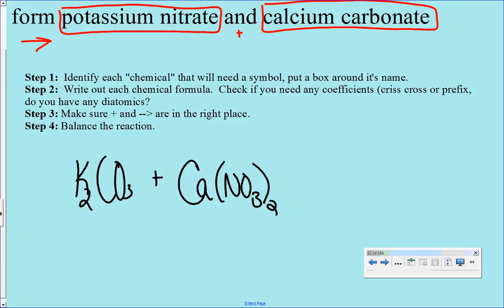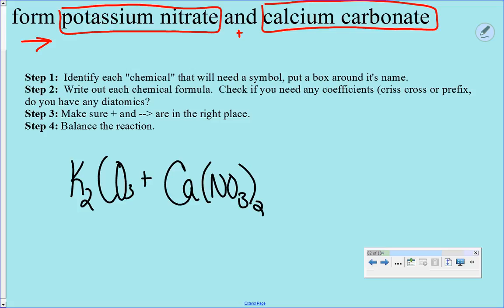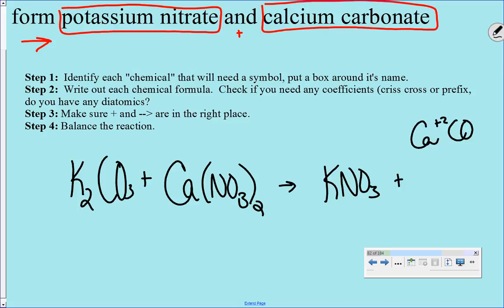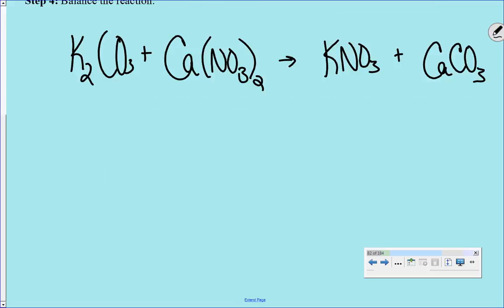And we are going to be forming, move that guy over a little bit, we need a little room. We're going to be forming potassium nitrate, K plus 1, NO3 minus 1, so that's just KNO3, and calcium carbonate. Calcium's +2, carbonate's -2. So we're going to go ahead,